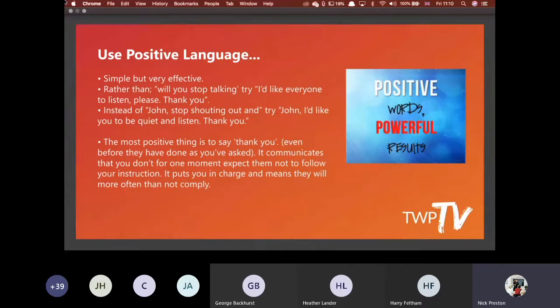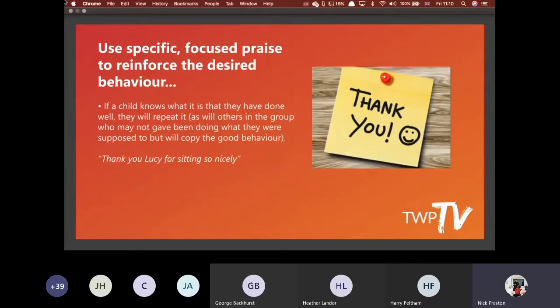It's really important that you use those words in a positive way, and also say thank you, so we're not highlighting the negative. There'll be opportunities to ask questions at the end, but I'm guessing we're just going to fly through these parts and then open it up to the group. So, using focused praise, like we said: "Thank you, Lucy, for sitting up nicely." When we do that, we are highlighting those positive areas of our lesson.